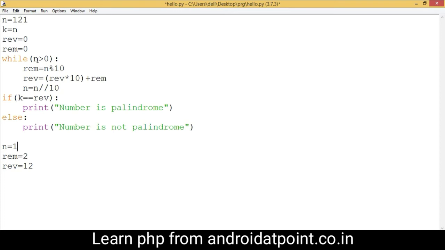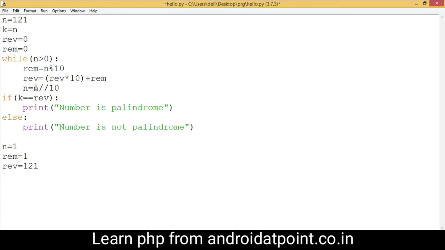And now control comes here and checks the condition. Condition is also true because the value of n is 1, which is greater than 0. Now this statement returns the remainder, and right now the remainder is 1, so ram is 1, and control comes here, and the rev value is 12 multiplied by 10, 120, and the value of ram is 1, so 121 is assigned into the rev variable. Now the value of rev is 121.